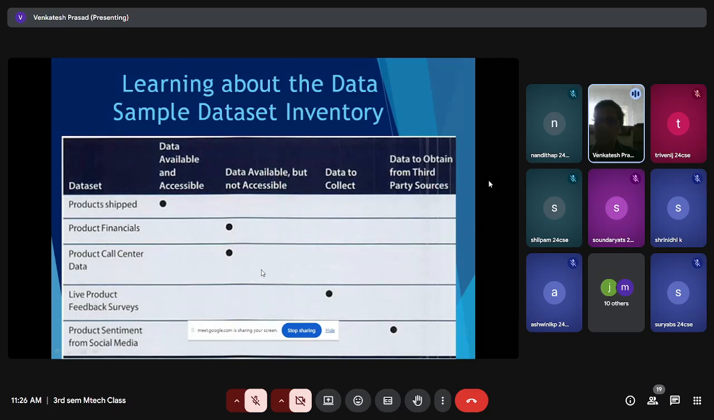Okay, so all the big companies do that. Even other than Amazon, Google, and then even Facebook, Twitter, then whoever is in the e-commerce space, right? They all do this. So they have to do all this planning, whether data is accessible, whether some data set, some financial related, call center data, feedback survey. So basically all this